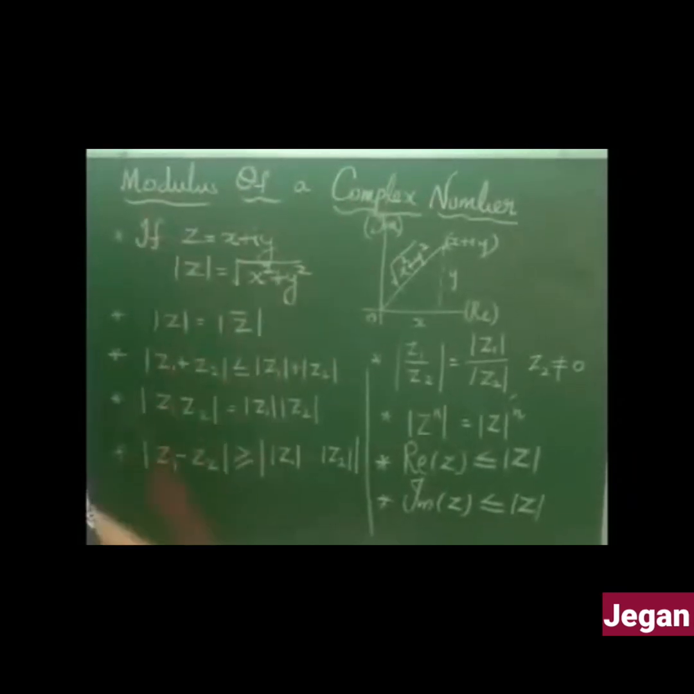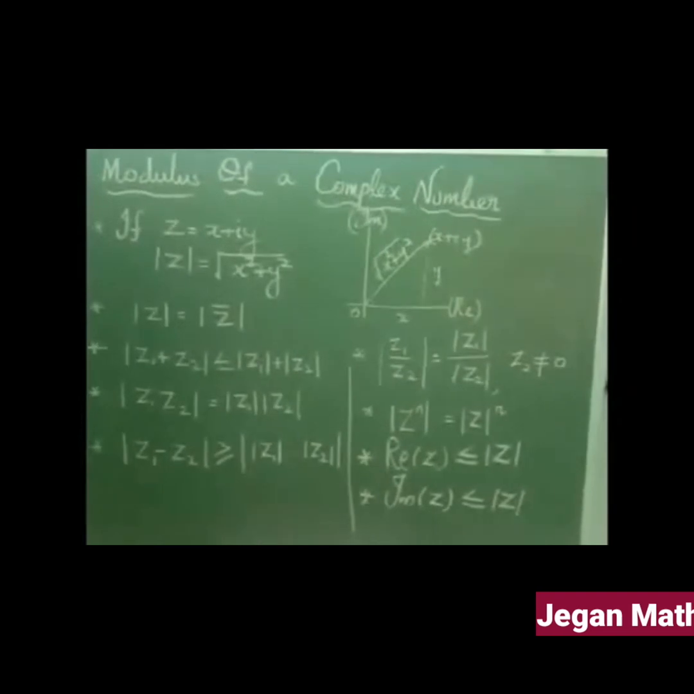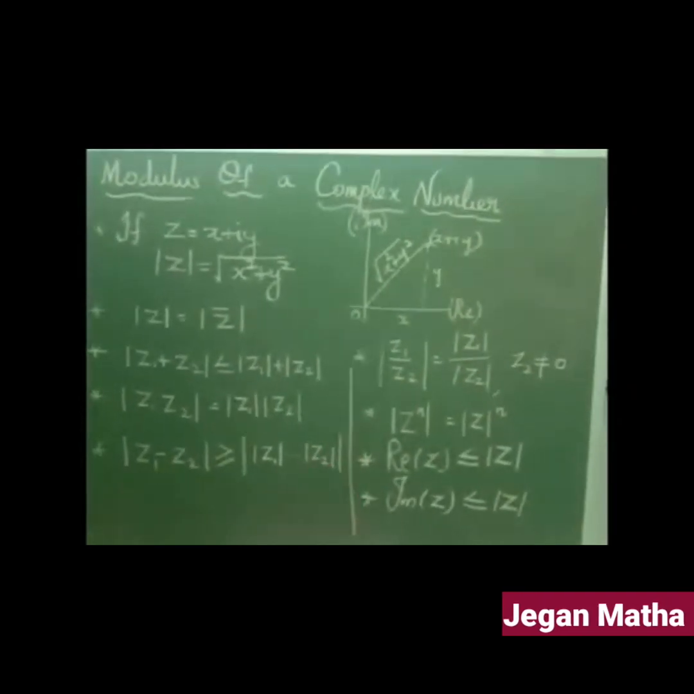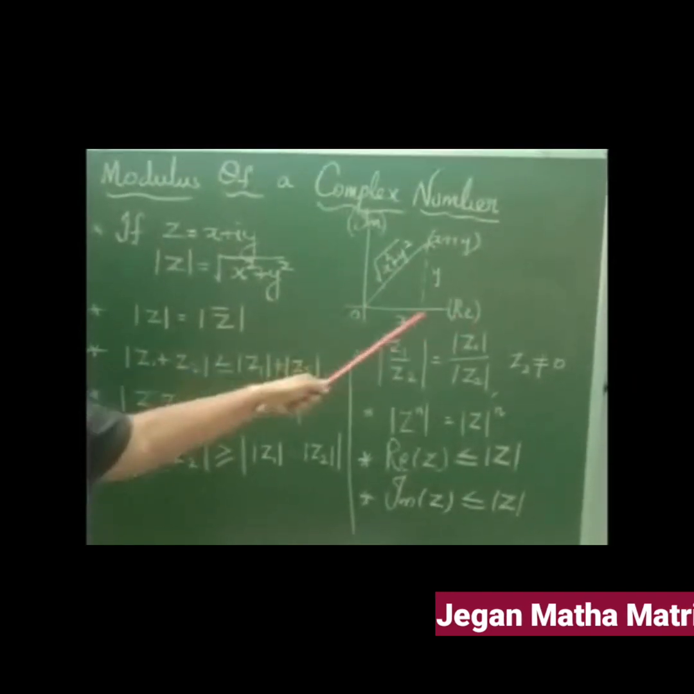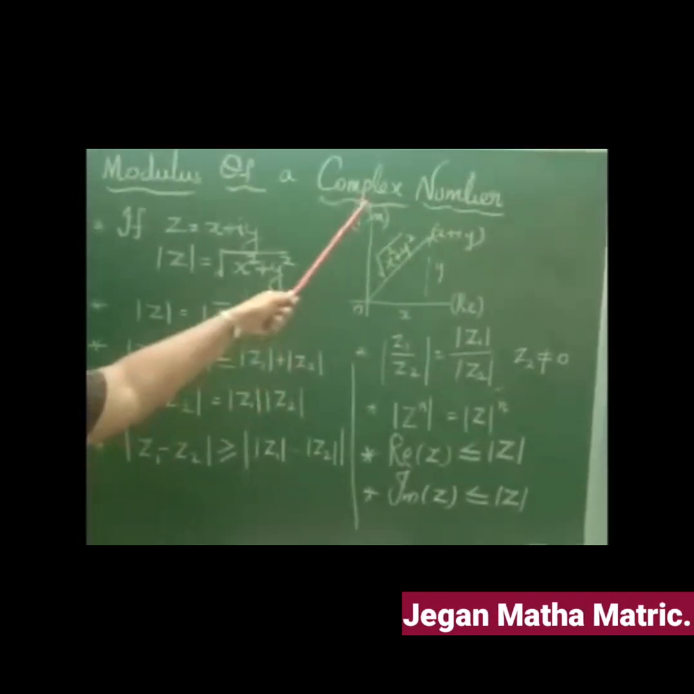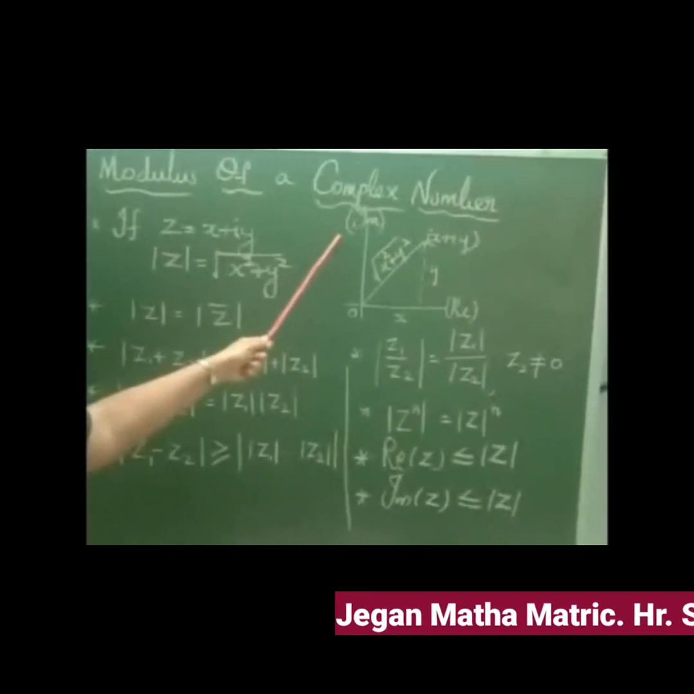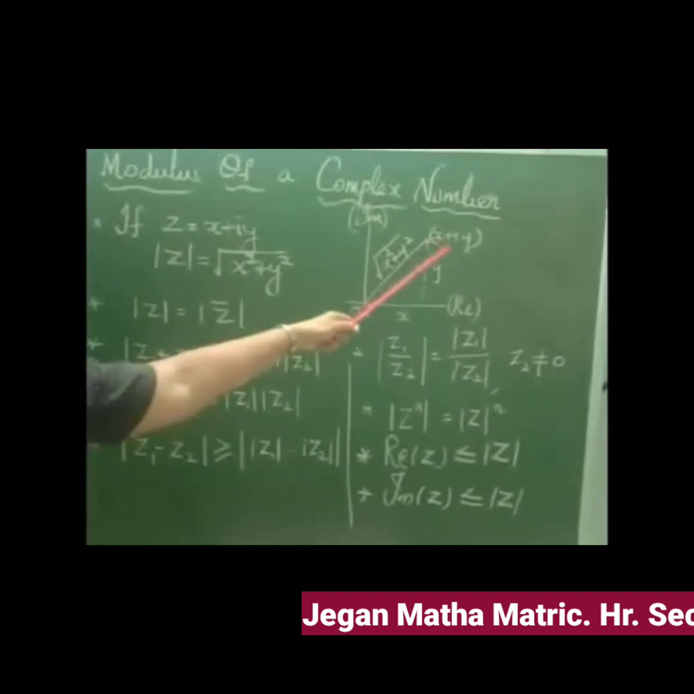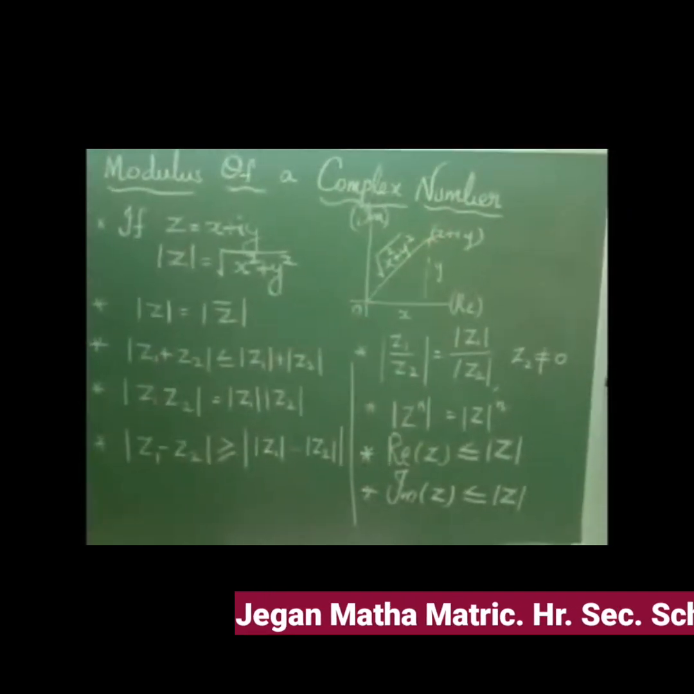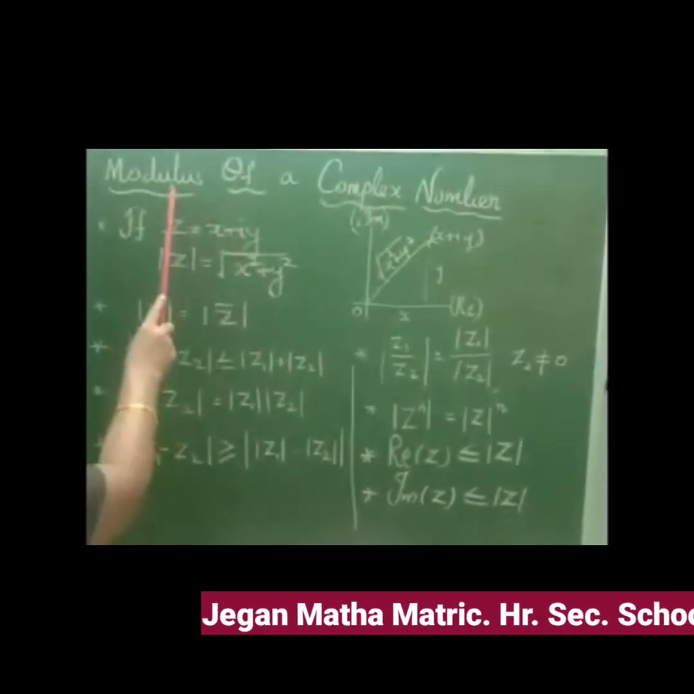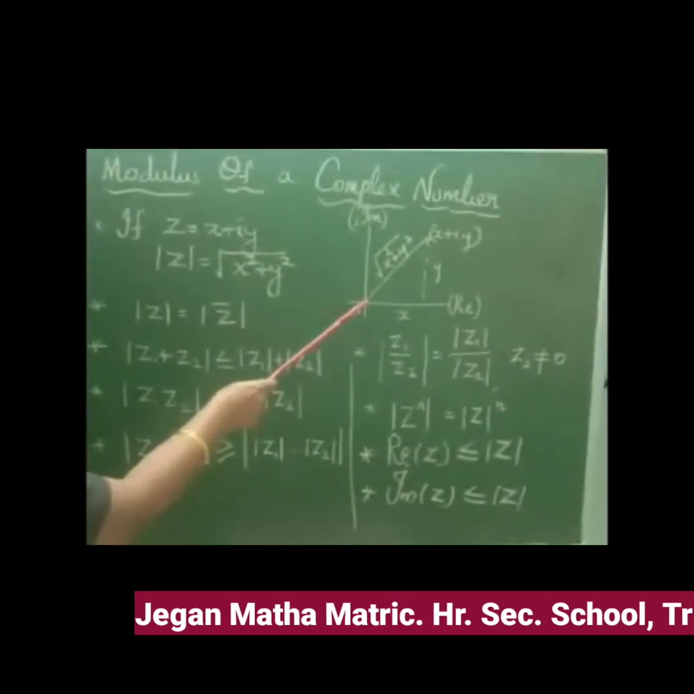Complex number. How to find out the modulus of a complex number? We know how to plot the complex number in the Argand plane. The x-axis is the real axis, the y-axis is the imaginary axis, and the complex number x plus iy will be plotted like this. So how to find the modulus? It is nothing but the distance from the origin